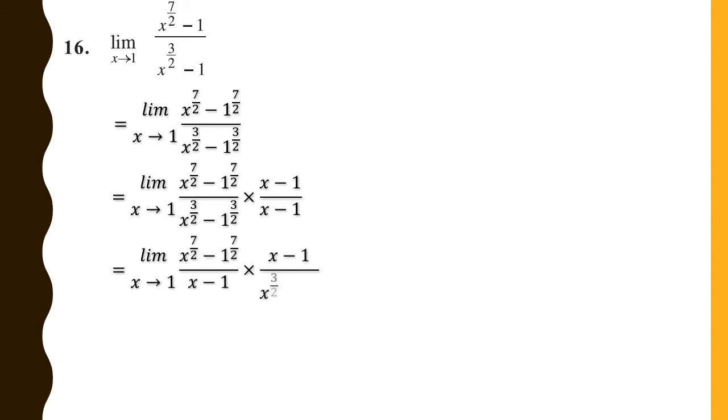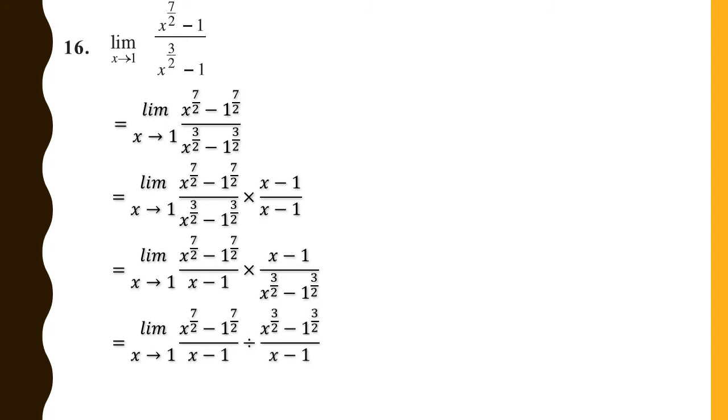Then I am swapping the sides. X raised to 3 upon 2 part is swapped with x minus 1 part to make two separate forms. Then I will be swapping numerator with denominator, denominator with numerator for the second part. The first part will stay as it is. I will only change the second part, and multiplication will be converted into division because I have inversed the value. In the next step, we have to follow this format.